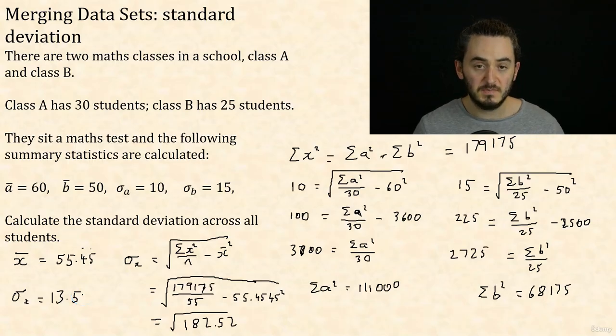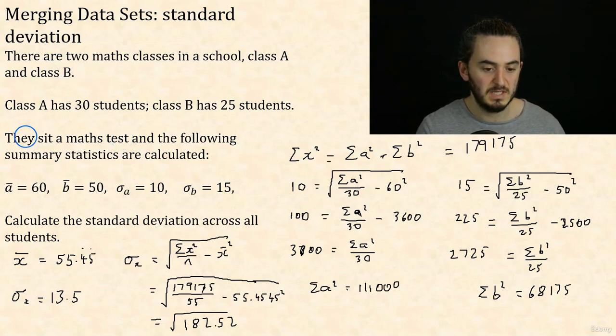All right, now just some things to point out. When you merge data sets, your mean will always be somewhere between the mean of the two classes. So we had a mean of 60 and a mean of 50, and our mean of the merged data